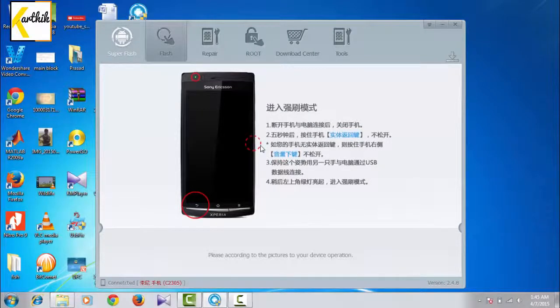Okay, now what it is showing in Chinese is just disconnect your Xperia C from your computer and please shut down, that is switch off your device, and wait for at least 1 minute. In some websites they will say to wait for 30 seconds or 5 seconds.